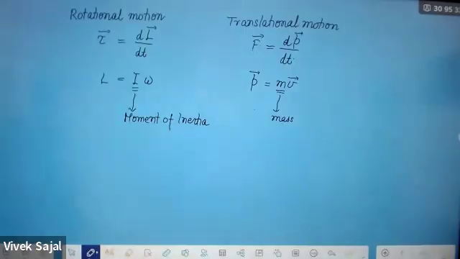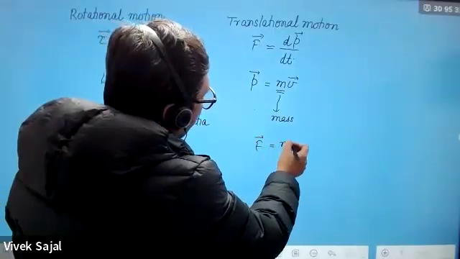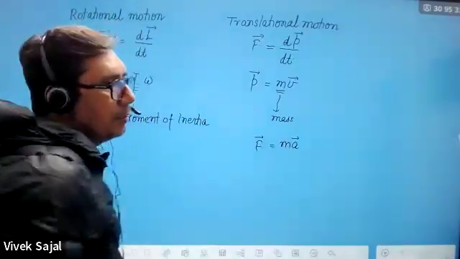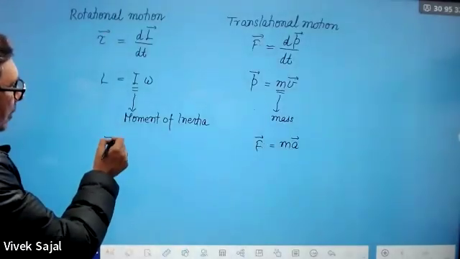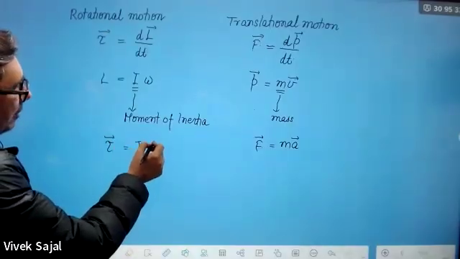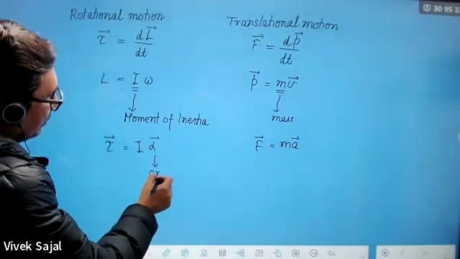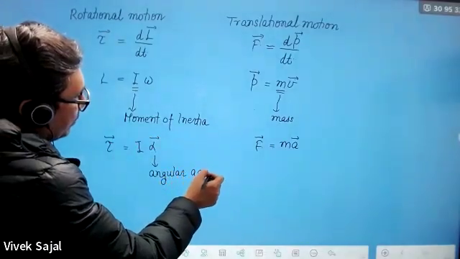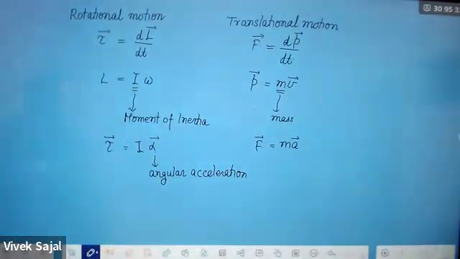P equal to mv. Now what is the force? Another form of the force is mass into acceleration in the translational motion. So if you are applying a force, that will result in an acceleration. So here if you are applying a torque, then it will be equal to I alpha. So alpha is here angular acceleration. Alpha is known as angular acceleration. ठीक है,